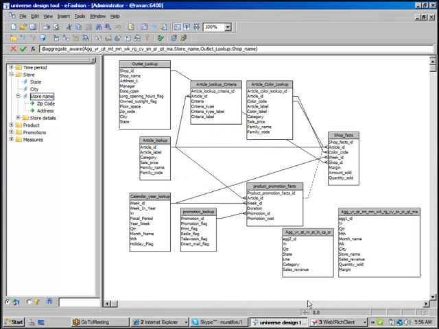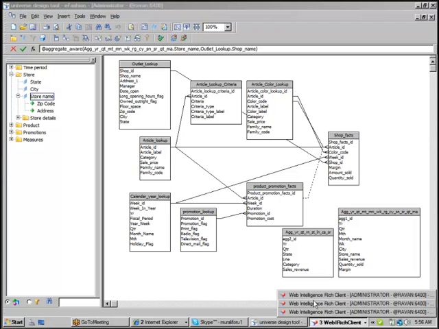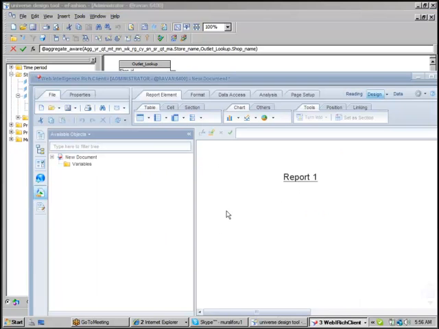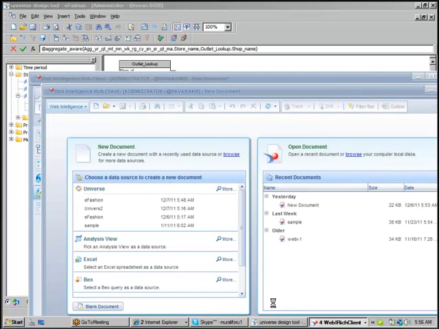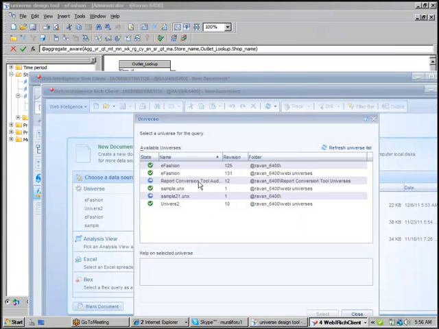Okay, successfully exported. Go to rich client, click on new report, universe, click on OK. I am trying to take the eFashion universe from the report conversion tool.